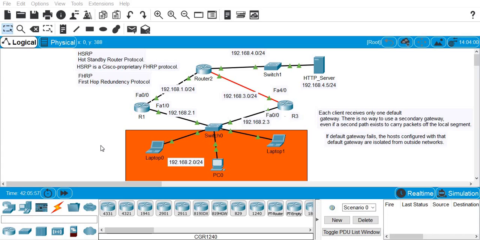Hey there, in this video we are going to talk about what is HSRP and then we will talk about HSRP configuration. So let's get started. Well, HSRP is the Hot Standby Router Protocol, and HSRP is a Cisco proprietary FHRP protocol, whereas FHRP stands for